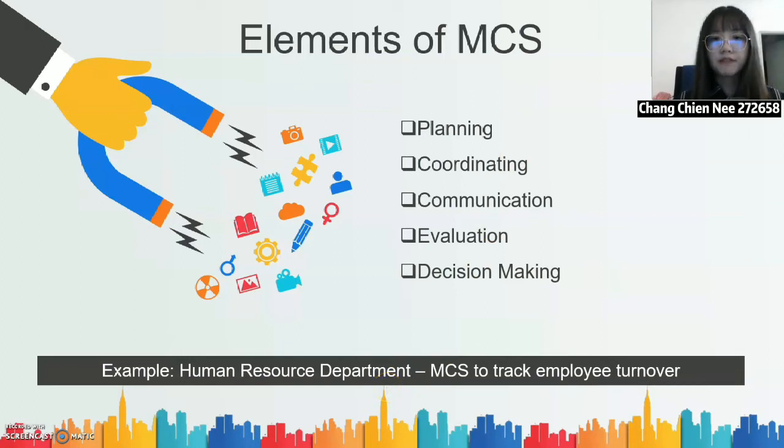Lately, she has been feeling like more employees have been leaving this year than last year. She would like to have some kind of system in place so that she can have the data to either back up or refute her feelings and use that data to coach her team in the future. So, Judy should have an MCS that could track employee turnover. By using this control system, she will know if more employees are leaving than usual and can look into why this might happen.